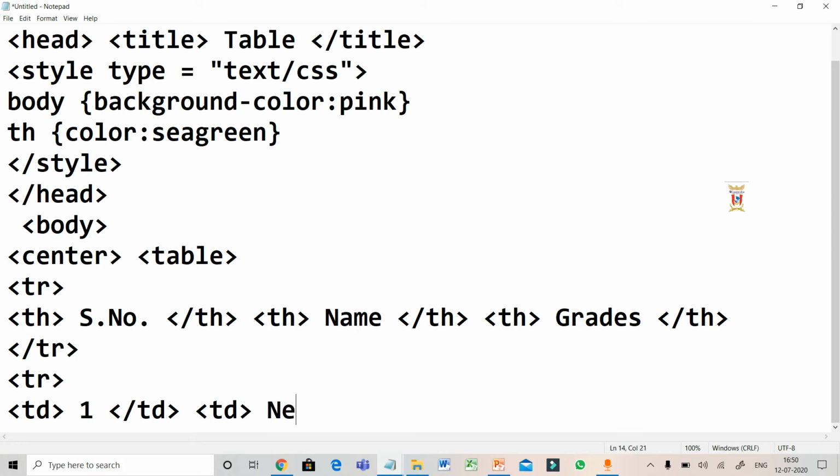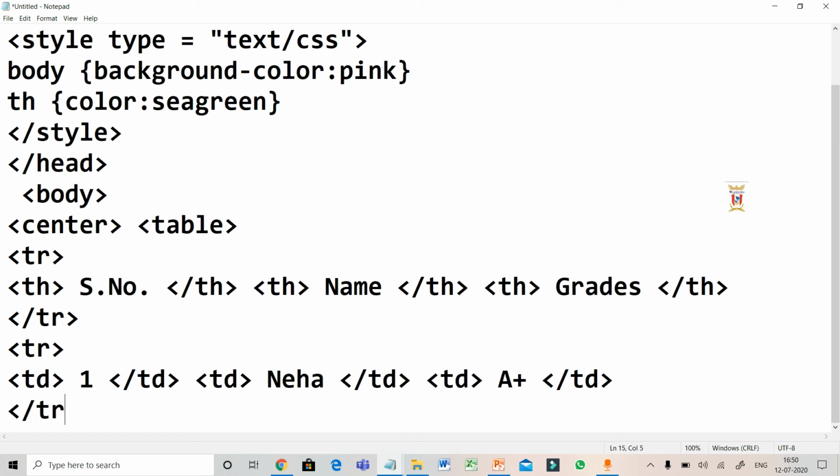I'm writing Neha, closing the td. Last, I have to give the grade. Neha got an A plus grade, so I'm writing A plus and closing the td like this. I have used three headings and provided the data for all three of them, so I am closing my tr here.